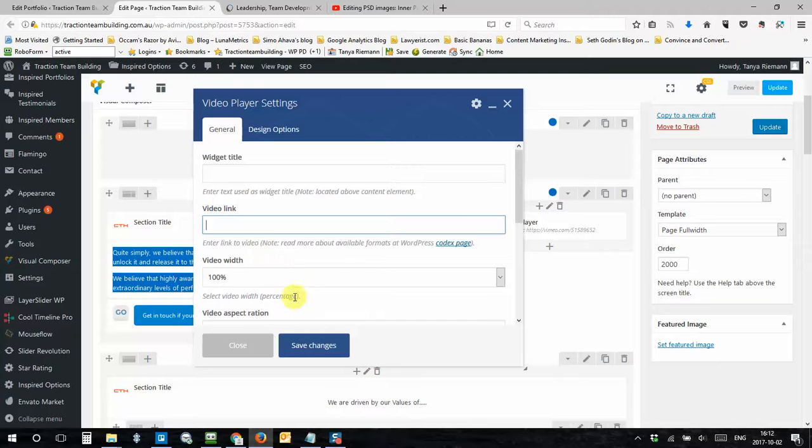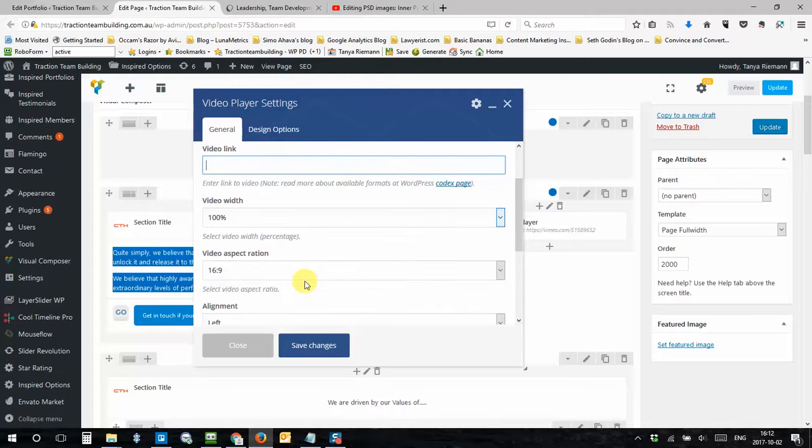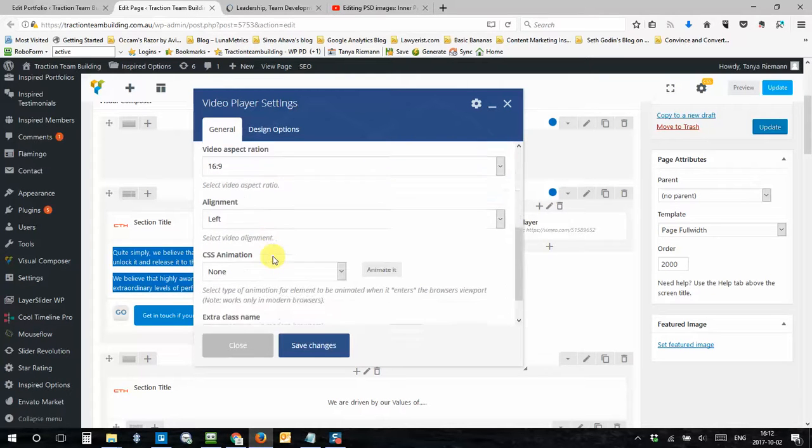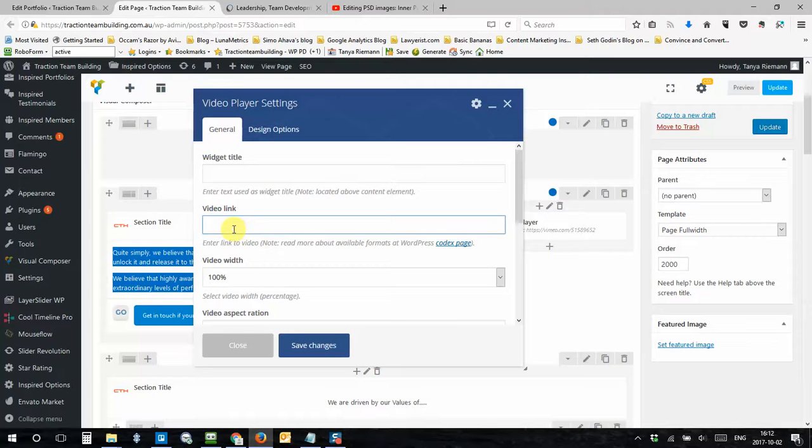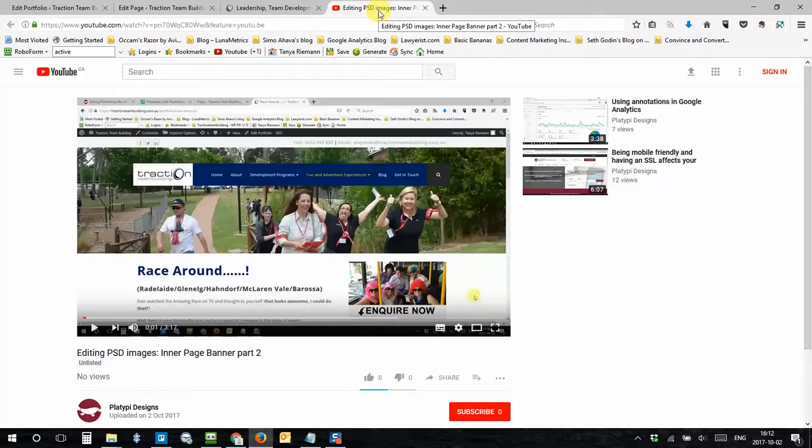Width is obviously, apparently maintained at 100%. The aspect ratio is the same, alignment left. So really the same settings as the race around. All I need is the video link. So what I've done is I actually have in another tab here a video link to one of